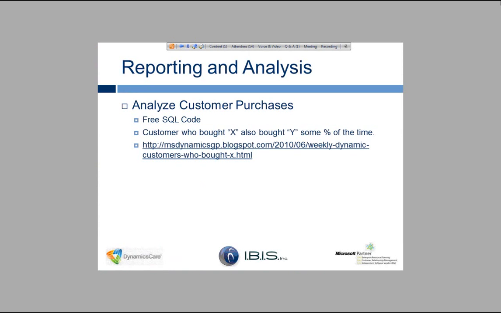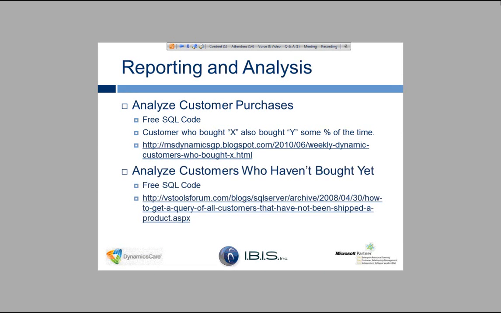processing. And then in addition, we've got some free SQL code available to you to analyze customers who haven't bought yet. Well, if they haven't bought yet, how are they a customer? That's not quite what this code does. What it does is it says, for a particular item, show me all of my customers who haven't bought this item. And now suddenly, as we're trying to get more revenue out of our existing customers in this recession, I've got a list of customers and an item to go hit those customers for that item. Even if that's not a final list, even if I need to do additional qualifying for what services they own or whether they're an appropriate fit for that item, it's a great place to start